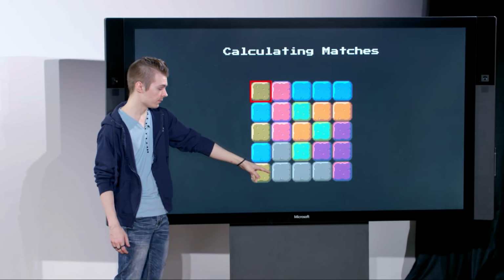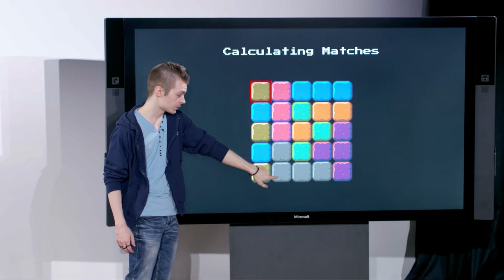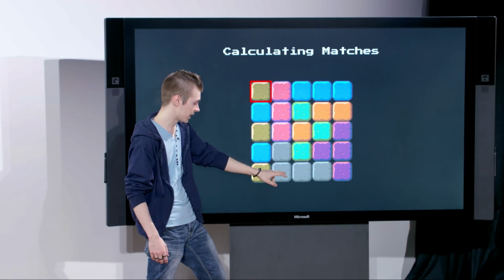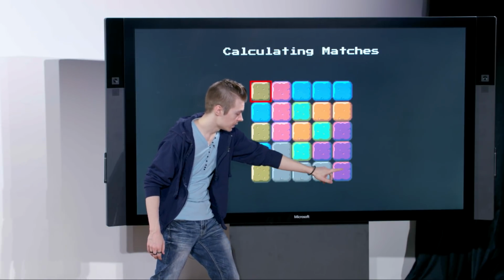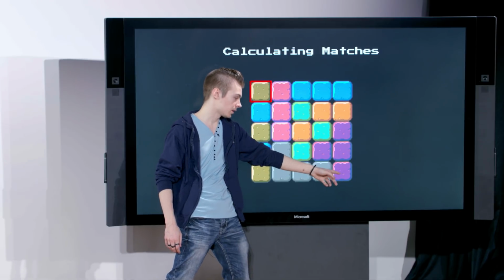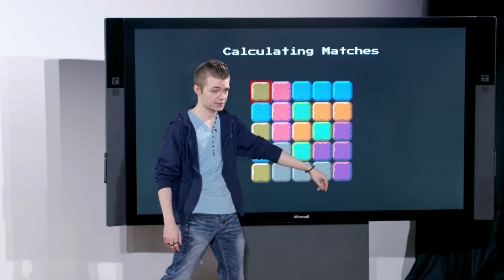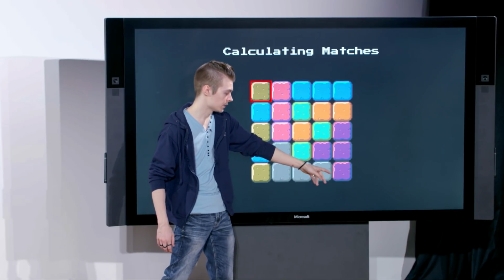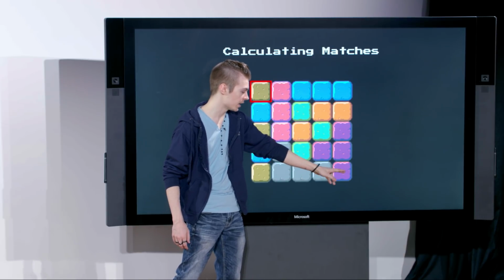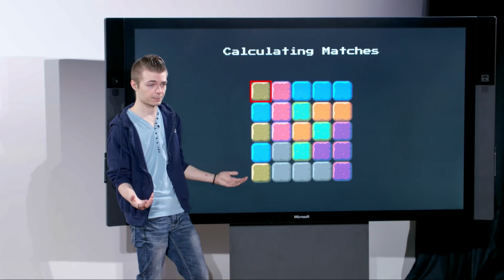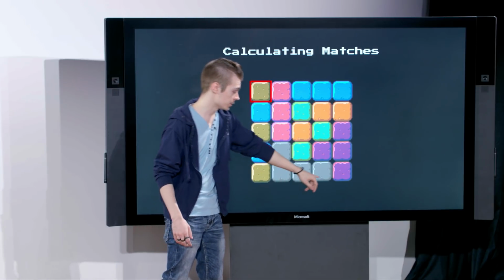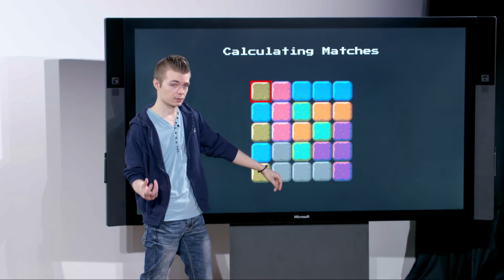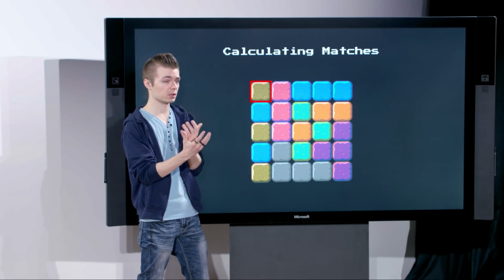And if it's in the middle of a group like it is here, so this isn't at the end of the row, this is just in the middle of the row, what we do is number of matches 1, 2, 3, and then we check number of matches when we get to a different color. We say, OK, this isn't the same color as this tile. This is purple, this is gray, but number of matches is 3. So what we do is we add these 3 tiles to our table of matches,